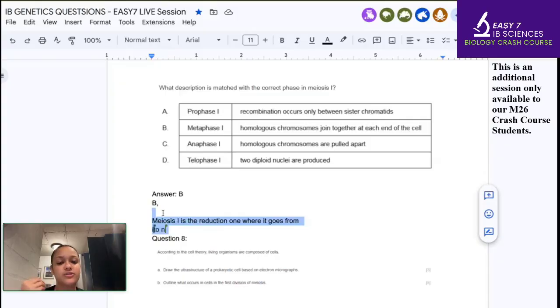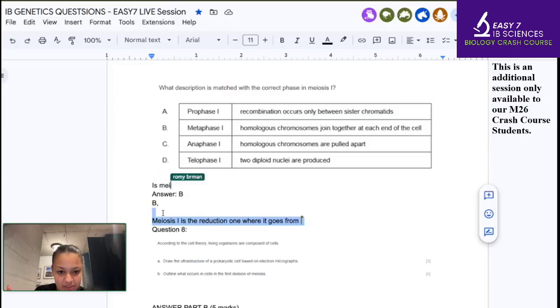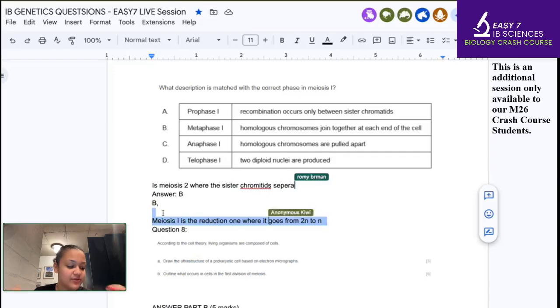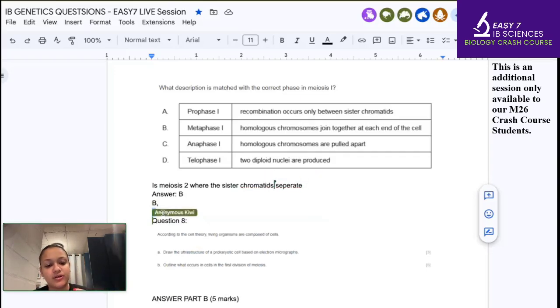Remember that in meiosis 1, it's the homologous chromosomes that are being separated. Yes, well done, Romy, well done, anonymous Kiwi. In meiosis 2, it's the sister chromatids separating. Very, very important distinction there. Meiosis 1, it's the homologous chromosomes separating, and meiosis 2 is the sister chromatids separating. Well done, guys. So absolutely. So in prophase 1,